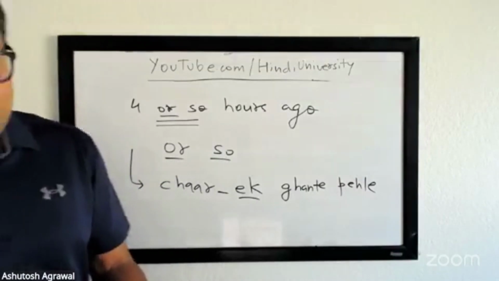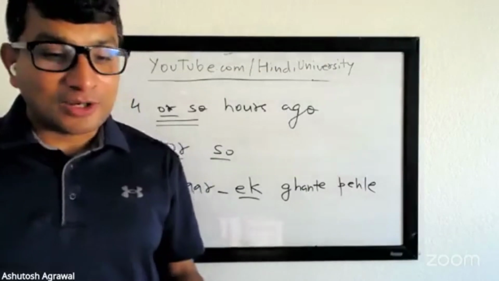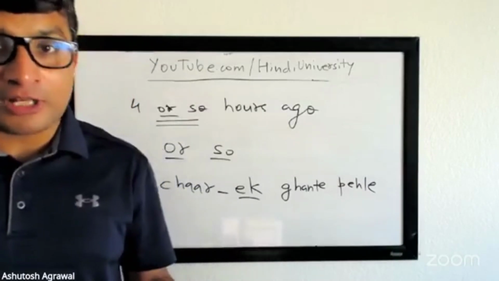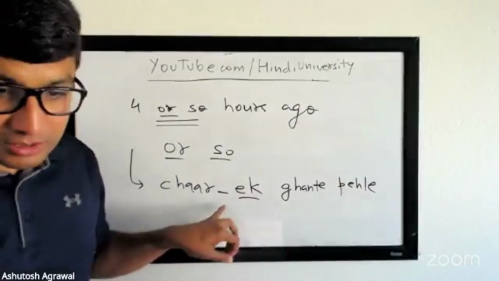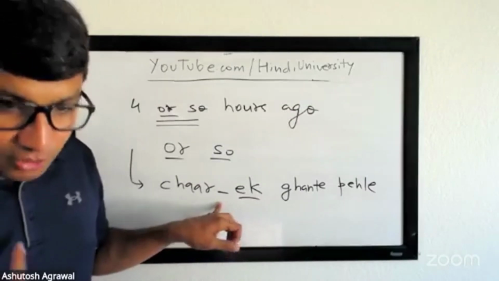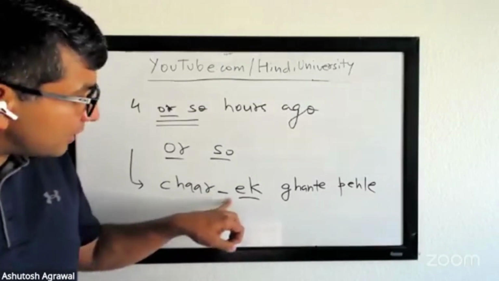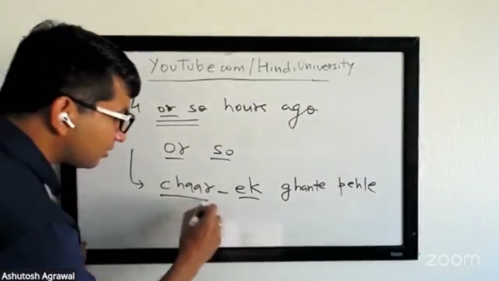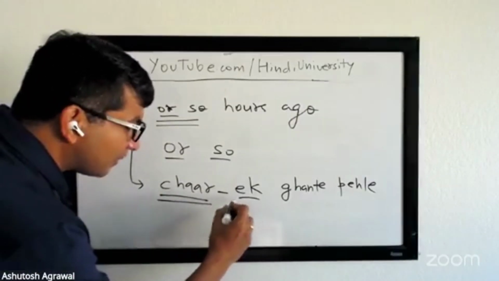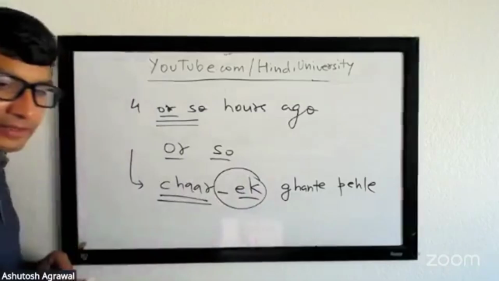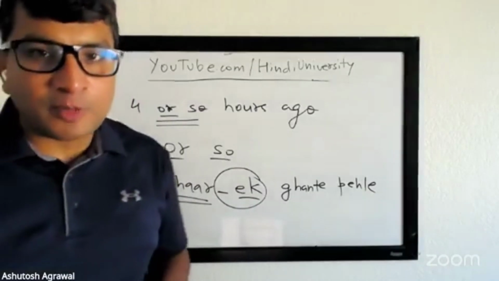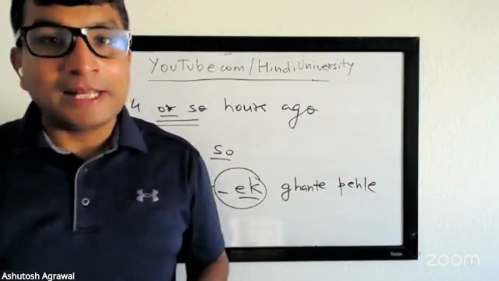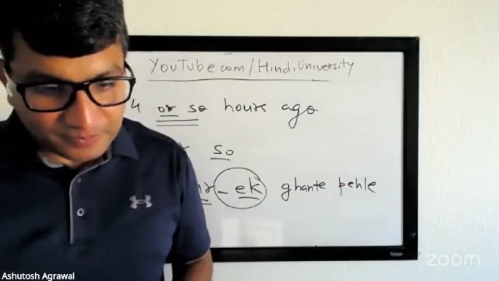So it's not necessarily that you must use it or this is the way to use it, but Hindi speakers on a conversational level use this phrase quite a lot. Okay, so as you're conversing with people, you should know that when there is a number or cardinal number followed by ek, that means they are talking about approximation, or they're trying to give an indefinite number around that, right?